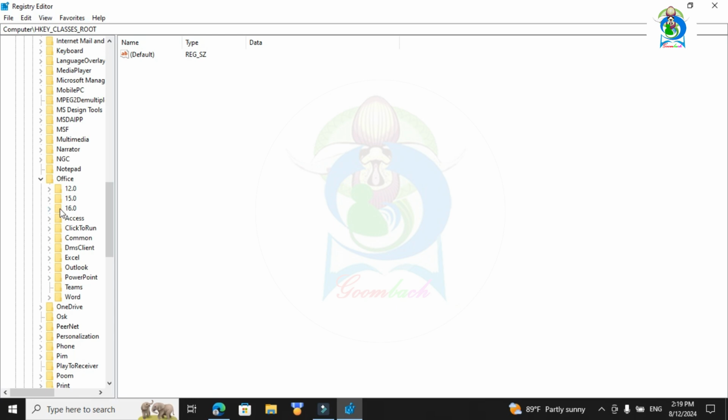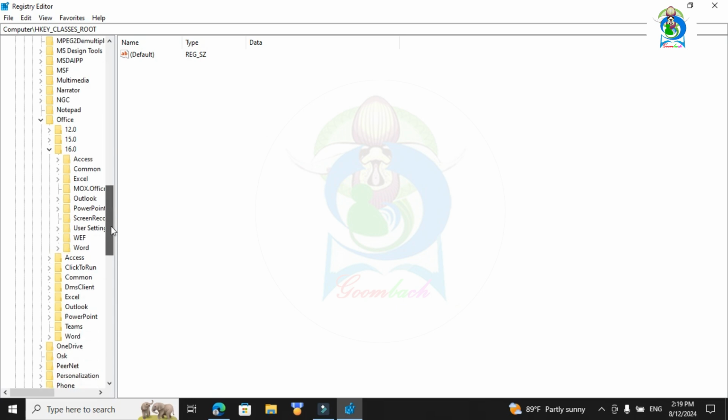If you are using the 2016 version, click this 16.0 arrow and you get here a Word